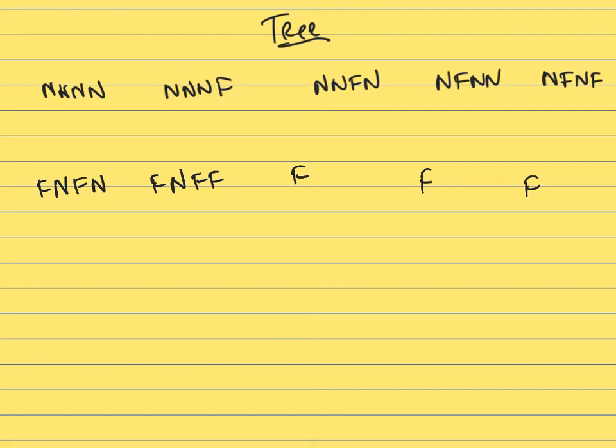Then the next state is the FFNF state. In this case, you have the sheep alone on the near side, which is fine. Then you have the FFN state, which in this case means that you have the salad alone on the near side, which is also a situation that is fine. And then you have the last case, which is the FFFF, the quadruple F